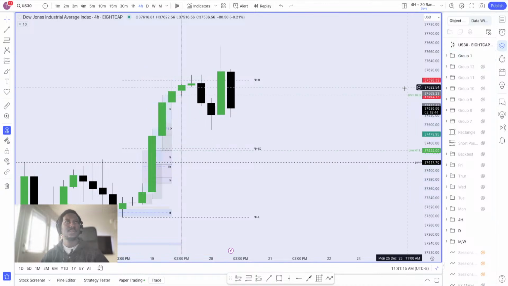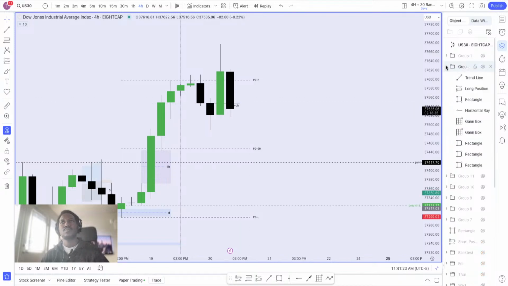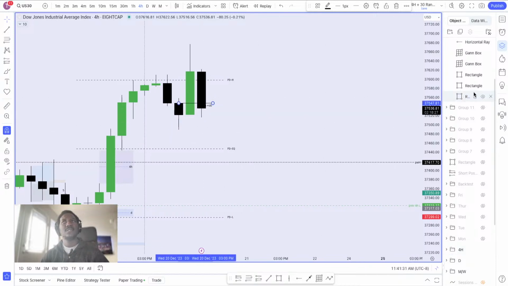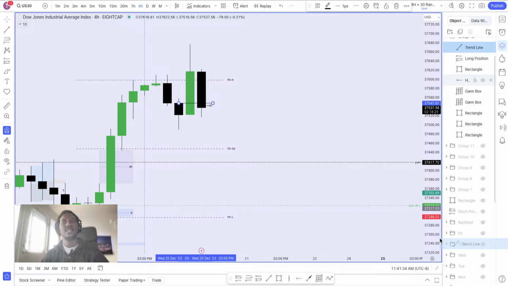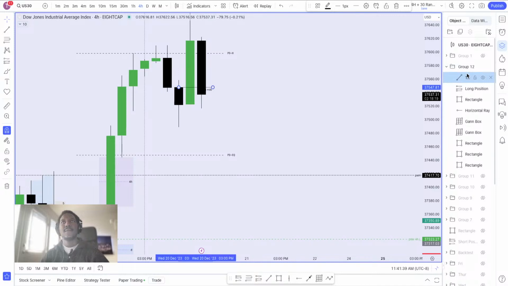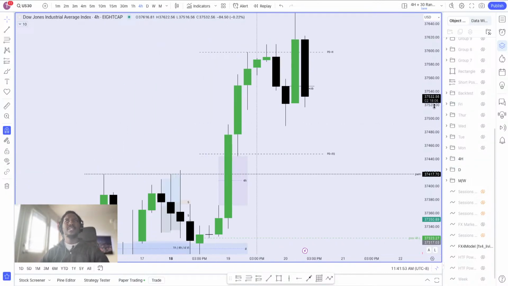Just in case we don't need them. Group 1, group 12. Why is that? What did I do? So this level is supposed to be in the 4-hour pool right here. Okay. Too much view out here. Okay, there we go. That's the wrong level. Oh, yeah. Okay, so we're done with the 4-hour.